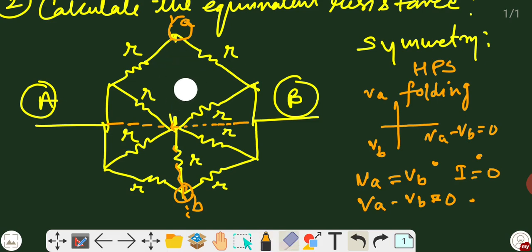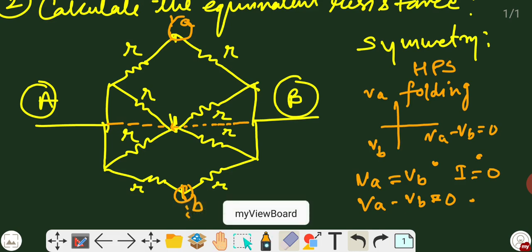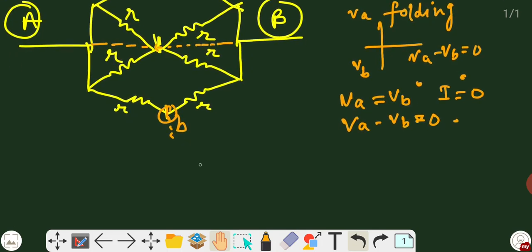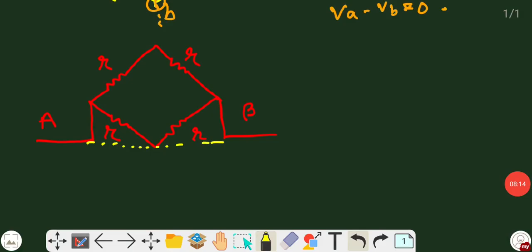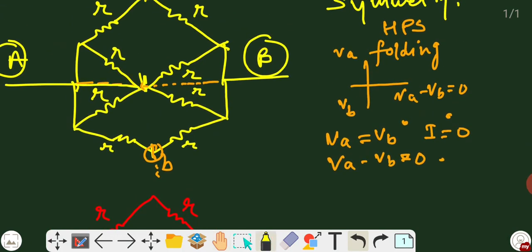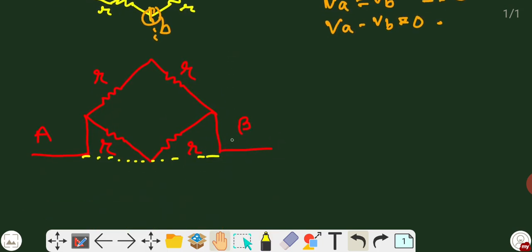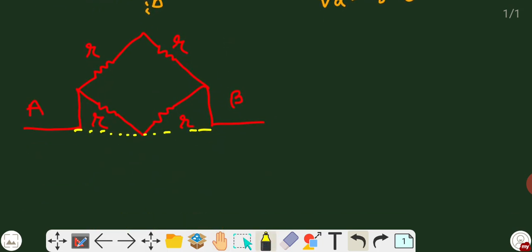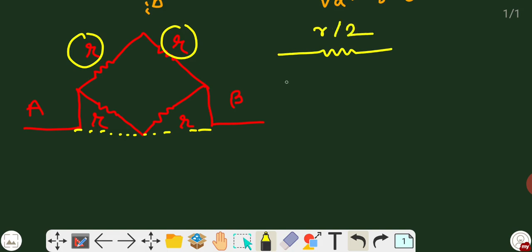So there is no use of this resistance, so I have just removed it. Now the circuit is quite simplified. We have broken it up into two parts, so let us draw the equivalent parts. I have drawn here the equivalent part. You may see that a division is done at this axis. Now the equivalent of this section will look like that. Here R and R both are in series, and similarly, these are the points A and B.